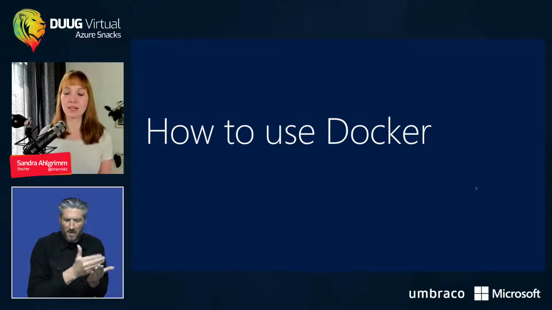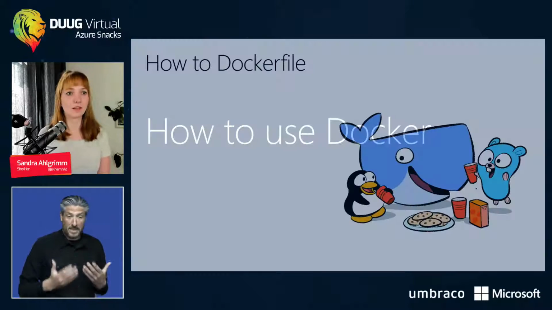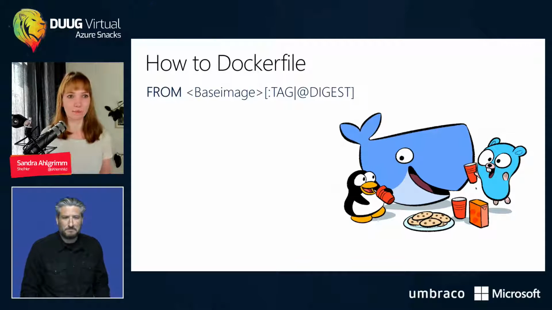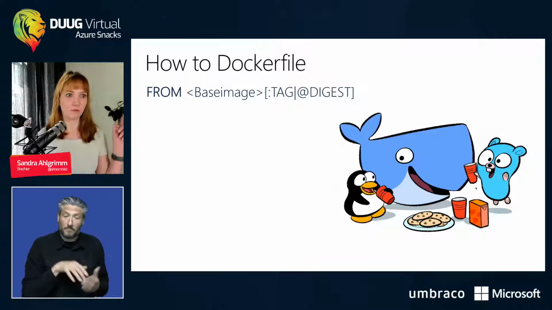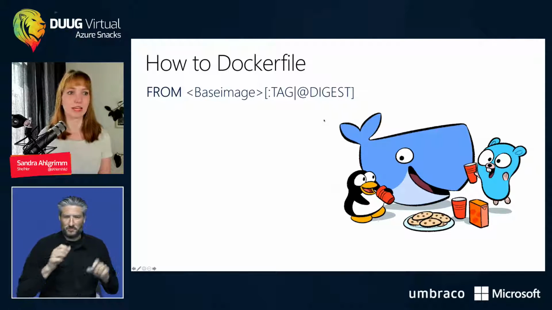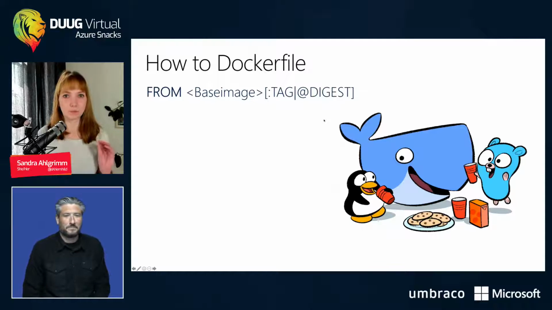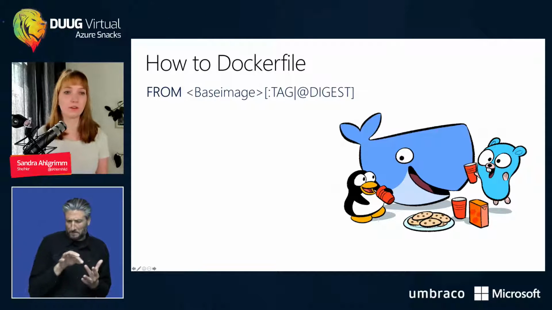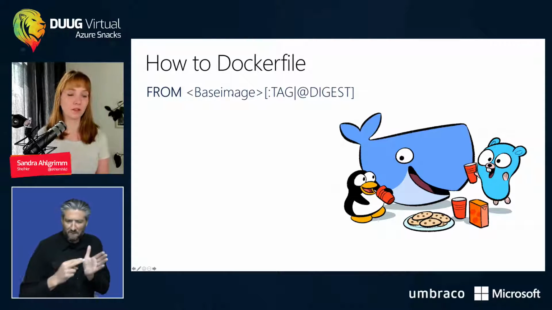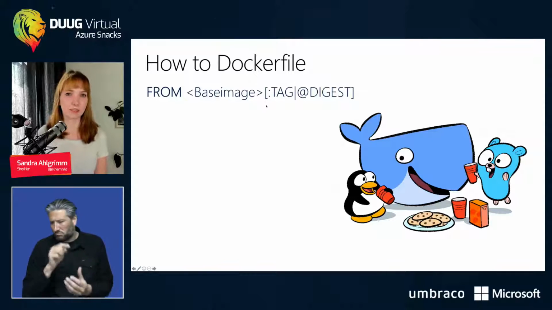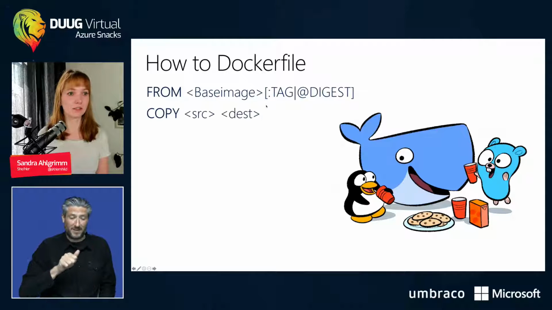So we will create our own Dockerfile by ourselves. For that, it's not too complicated. We always start with the base image, and we address that with the FROM command. And you can even add a tag or a digest at the end to really take a specific version of the base image. It's like, I want to have this Ubuntu version, or this Java version. Or I just use Java 8, and then I will always take the latest one for me here.